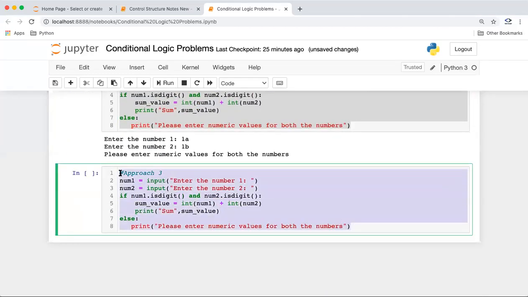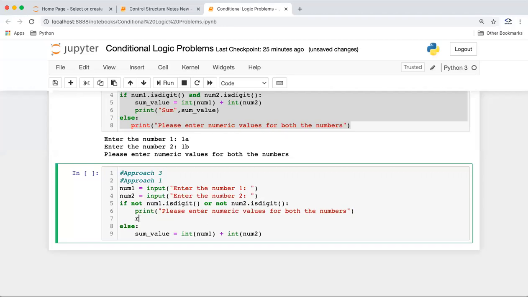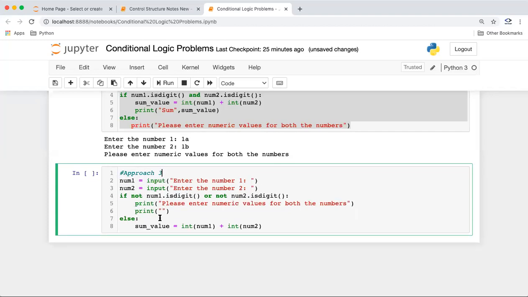Okay, guys, if you want to show him which one he got wrong, we print, enter the numeric values for both the numbers. And here we can just pass num1, or we can print in a new line. This will be improving our output message.